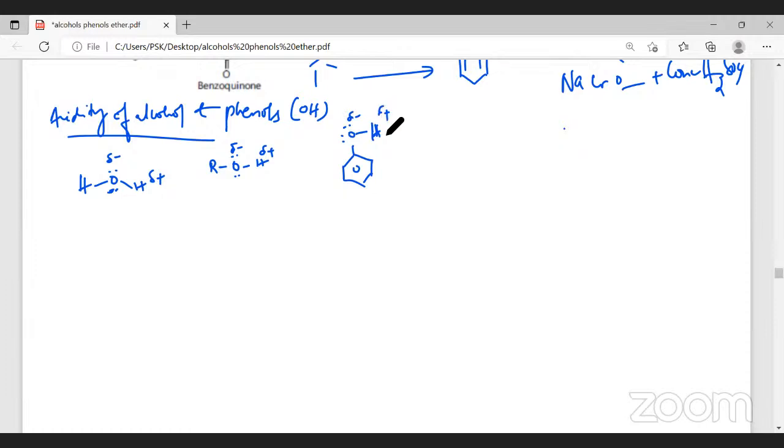Therefore, all these three show acidic character. All these can give H plus ions. Since H plus ions can be given, therefore, it will be called what? An acid. According to Bronsted-Lowry theory, proton donors are called acids. Now, I can say that all these